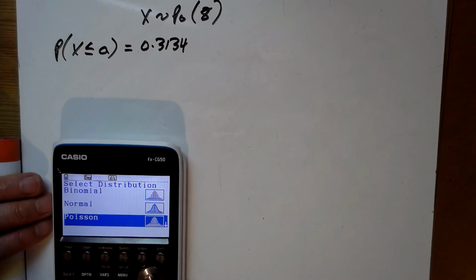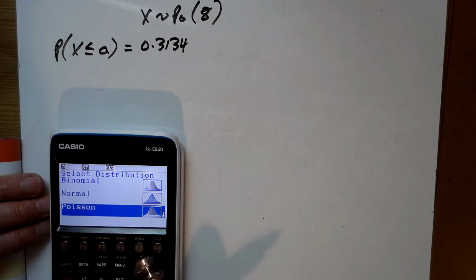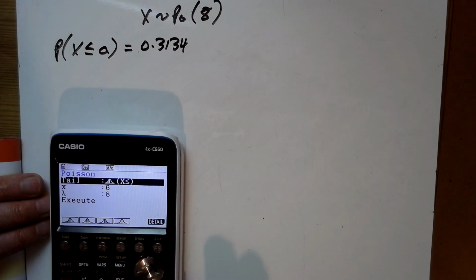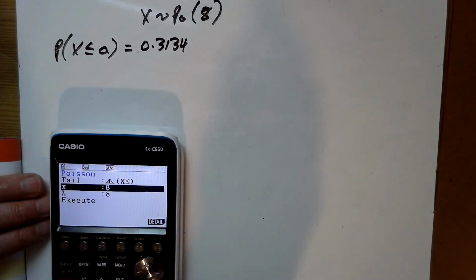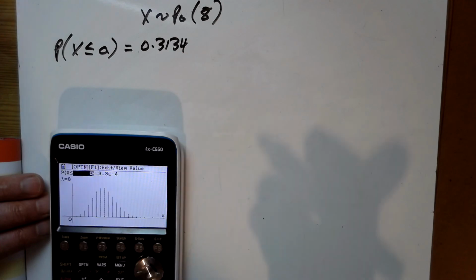Question 5 gets interesting now because we've got to go backwards. And this is where the distribution menu is really useful again. We're going to our Poisson and we've got a mean of 8. We don't know what number to put in here, so you could put 0, you could put anything you like to begin with just to get the table up like that. And what we want this probability here to be